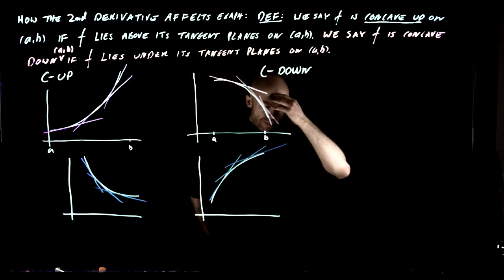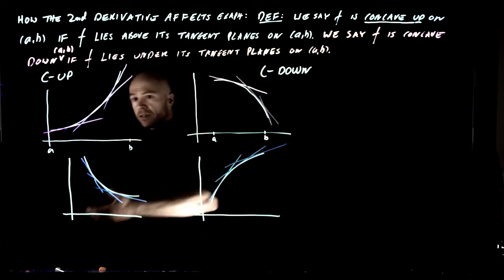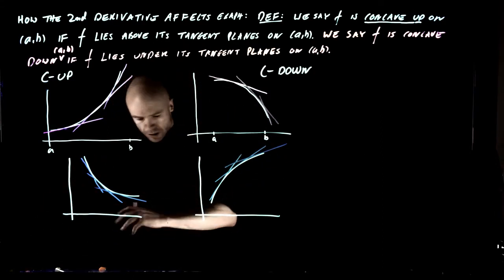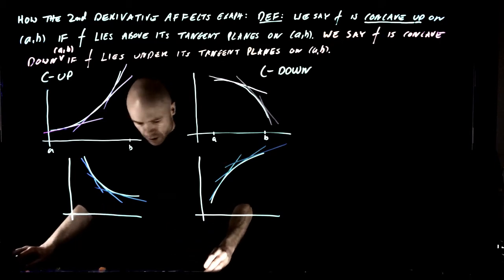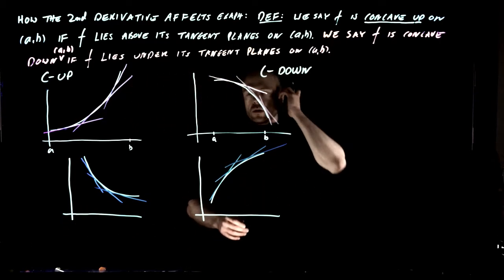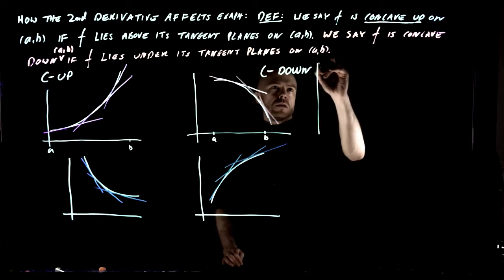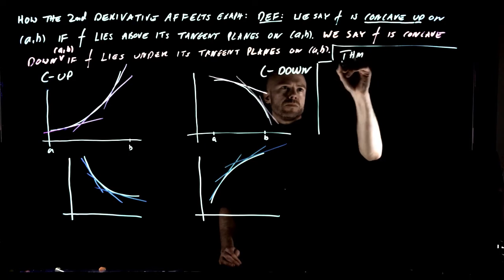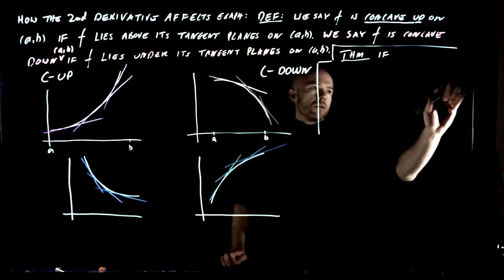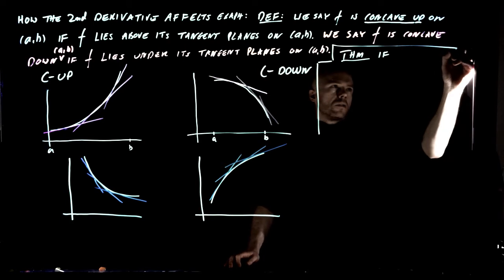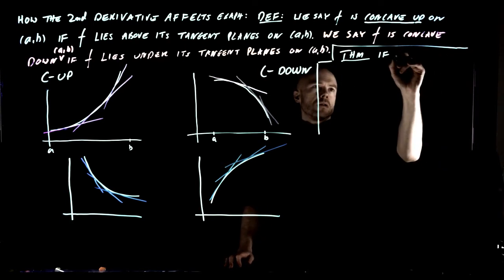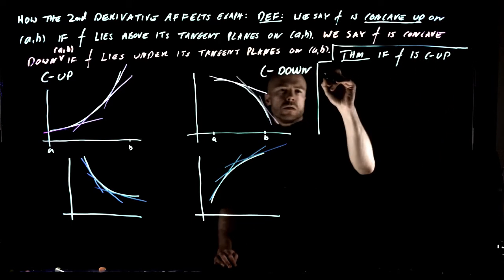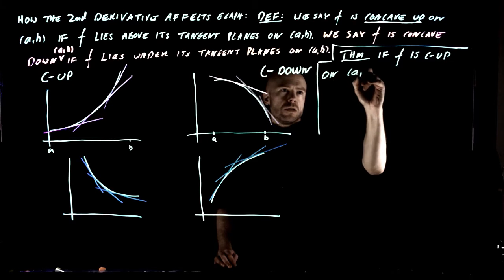Okay. So now our task is to try and find, in terms of the second derivative, a condition that describes these things. So let's do it here. So, theorem. If f is concave up on the interval (a, b),